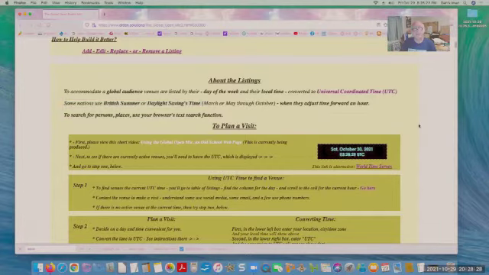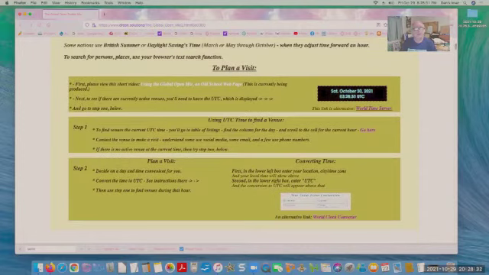So to plan a visit, let's just scroll down a bit here. The first thing is you need to know the universal time. Currently it's 3:28 a.m. Saturday, so the first thing you do is use the time to find a venue.